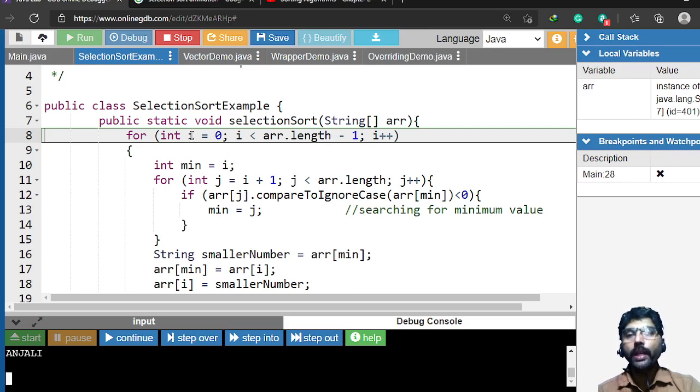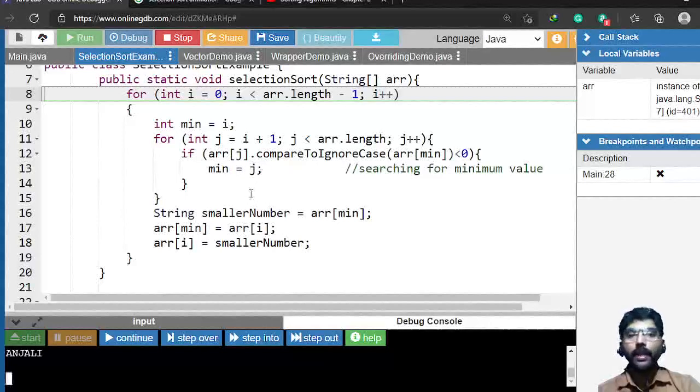First, what I have done is create one for loop here. Let the for loop start from 0, the first element, and go to the last but one element. Next, I have picked the first element as the minimum element. Now see, this minimum is actually an integer value. It's not a string, because minimum selects the index value which contains the minimum string.